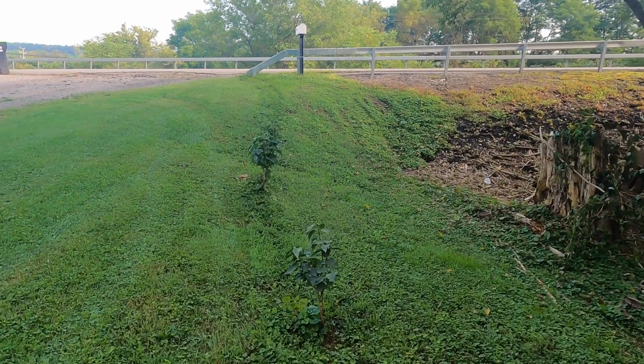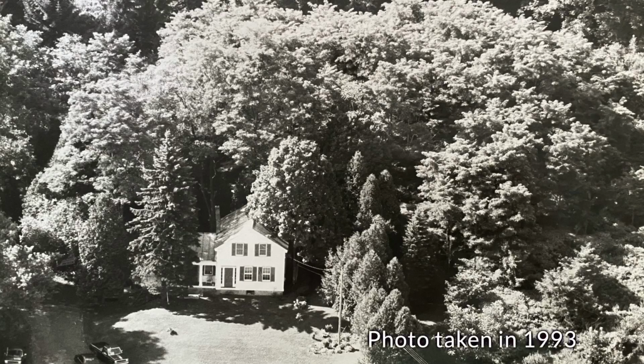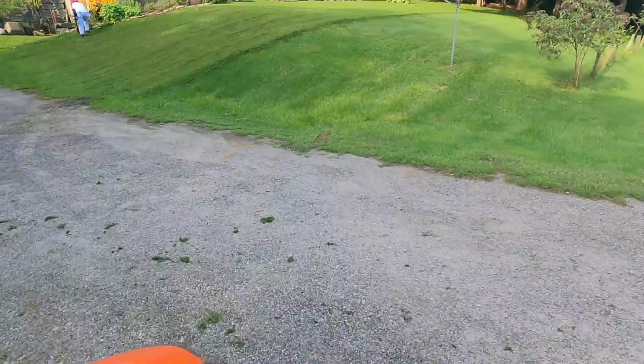What you notice by looking down at that picture from the top of the hill, looking down on the house and the barn, is that there are absolutely no trees in the area. And if you take a look at what's behind me here, there is nothing but trees all the way up the hill, all the way behind me. And so it was this